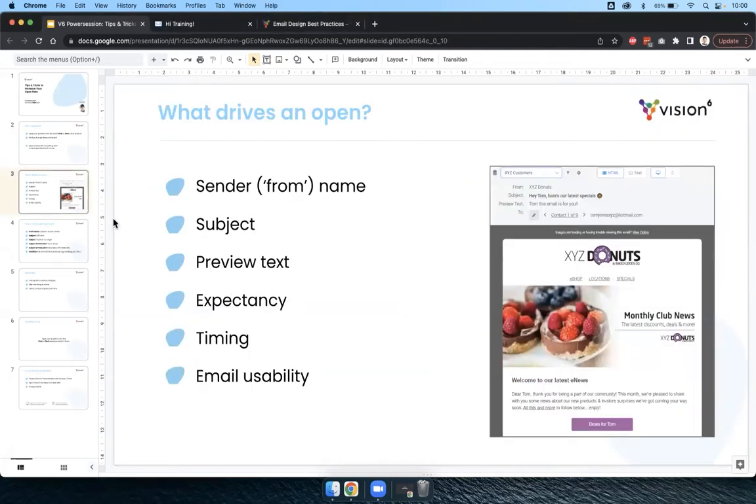So when it comes to email, most people will make a few quick snap decisions, almost subconsciously, before they go and open the email. And these are some of the things that drive an open. What are they? So we've got the sender or from name. This is who the email appears to be coming from. I've got a little screenshot here of a message in Vision 6, and the from name is set to XYZ